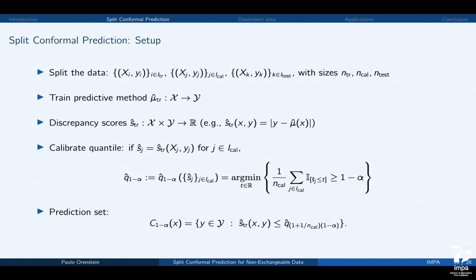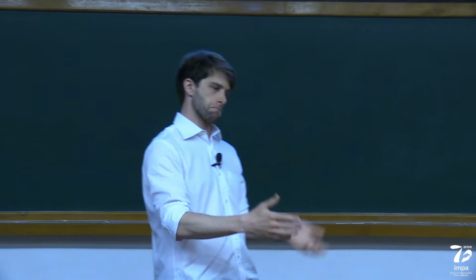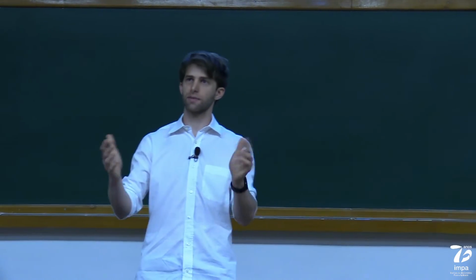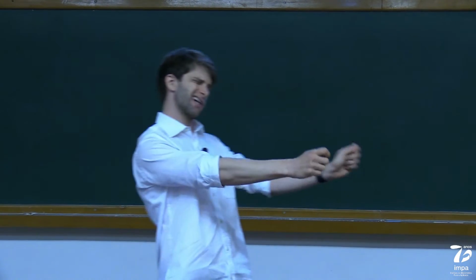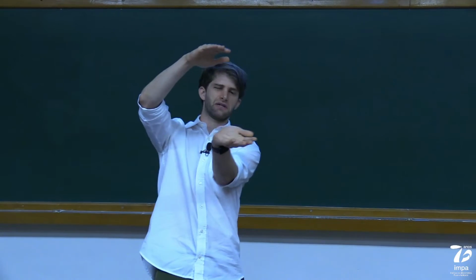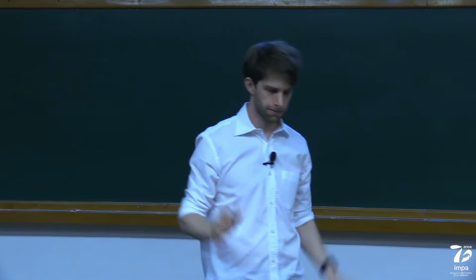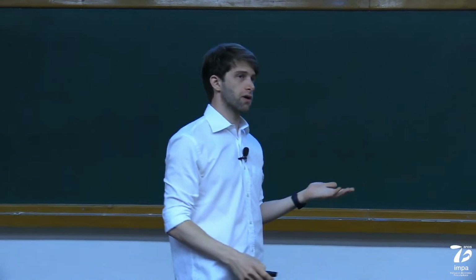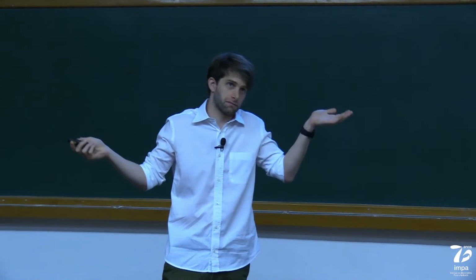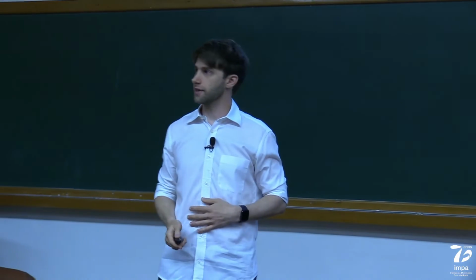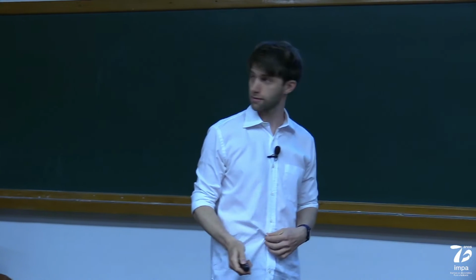We apply these discrepancy scores on my calibration data, and then I have this rule such that if a new patient comes along and brings her exam, I can just take the exam and ask, how sure do you want to be? Well, I want to be 90% sure. Okay, if you want to be 90% sure, given this exam, I'm going to say it's between 2.7 and 2.9. This is what's going on here. So it's an easy rule to follow along, but the question is, why should you do it? That seems arbitrary. So let me tell you of a nice result.